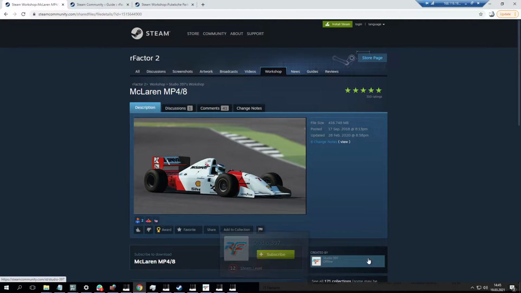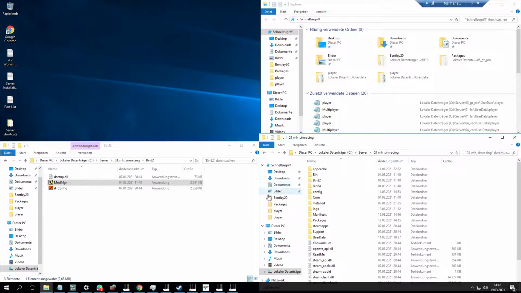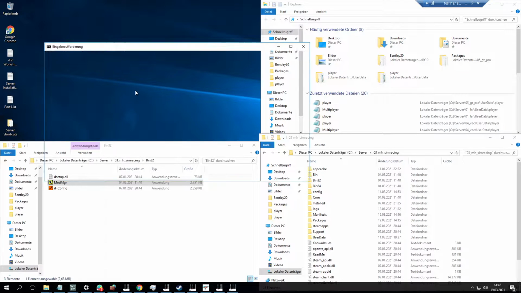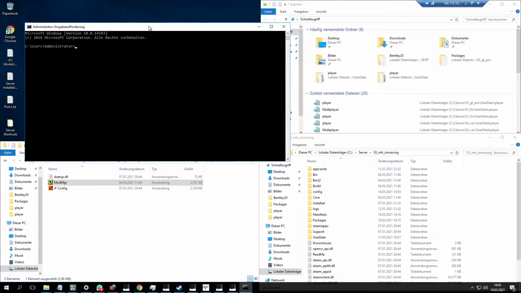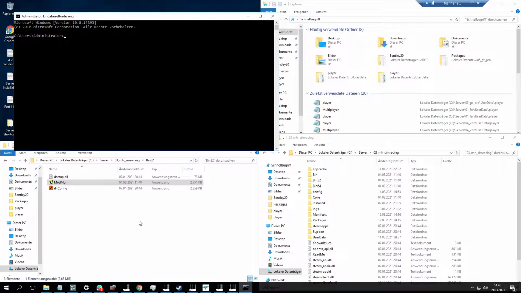That points us to the McLaren MP4-8. And I think, you know what, we're just going to take that. So what you have to do now is the thing that needs to be a little bit further explained. Because you're going to download this via the Steam command. So what you do again is you fire up a CMD. And I already have a little template ready